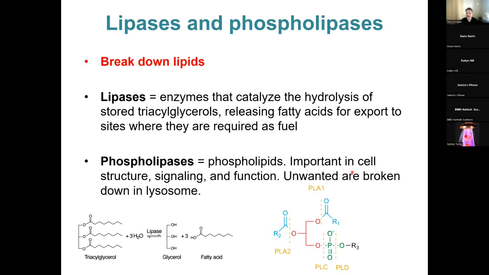An example I really like giving is when humans, and a variety of animals that have hands, are in the womb. Our hands are all joined together, and the fingers are all joined together, and there's cells joining them together. And those cells at some point need to be pruned. That's the term that's used. So what will happen is that phospholipases will signal to break down the cell membranes slightly and signal an apoptotic cascade to cause those cells in between your fingers to die so that your fingers can